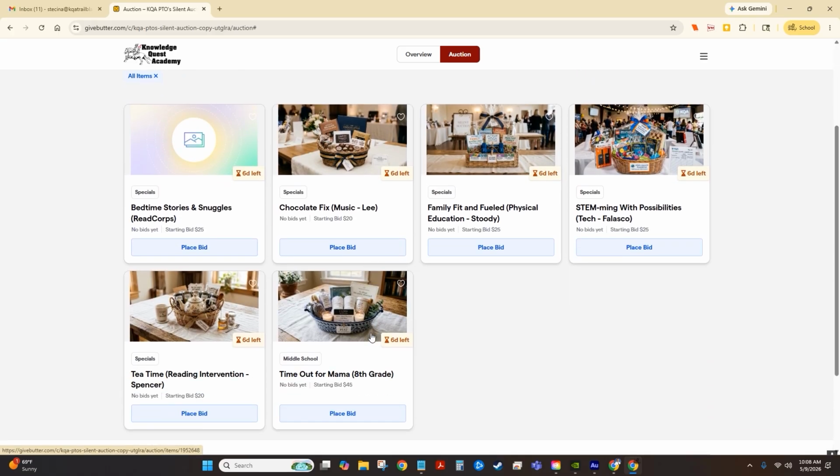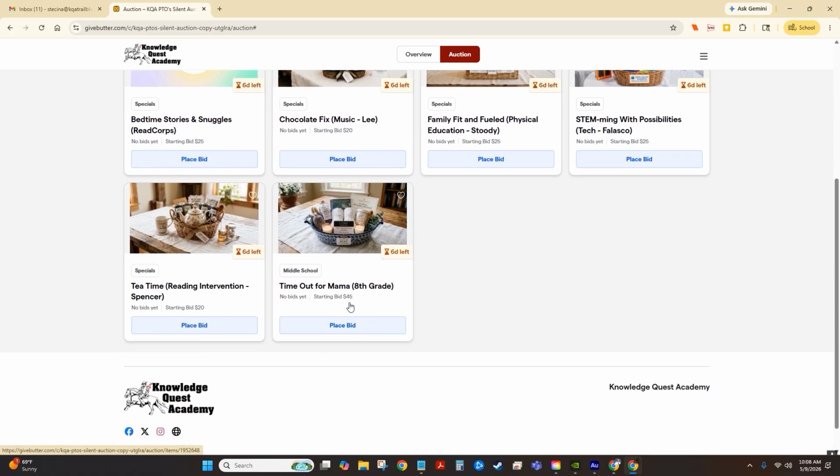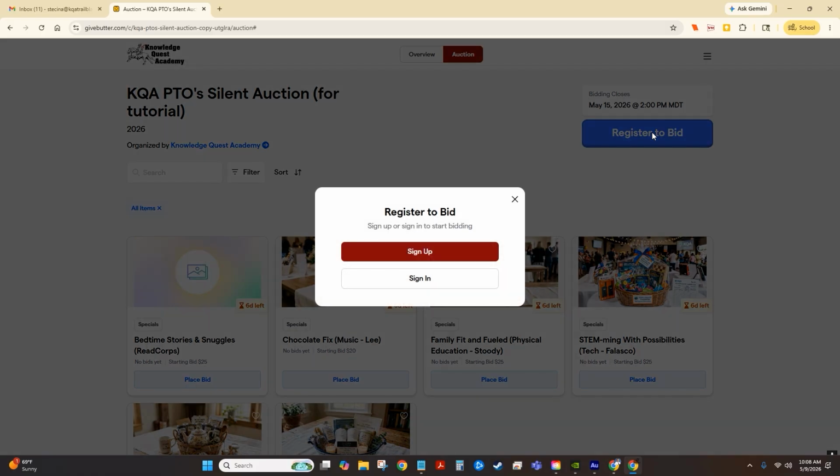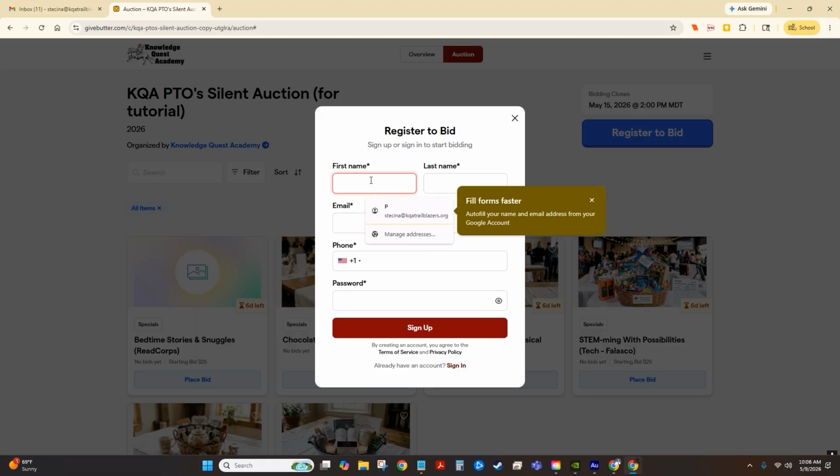I am going to register first, and then I want to place a bid for this basket. And so I'm going to come up here to the top where this big blue button says register to bid, and I click on it. Now you're going to need to sign up for this, and if we do silent auctions in the future or other kind of fundraisers, you won't need to sign up again, but we do need you to sign up this first time. So we'll click on sign up, and we'll put in our information,